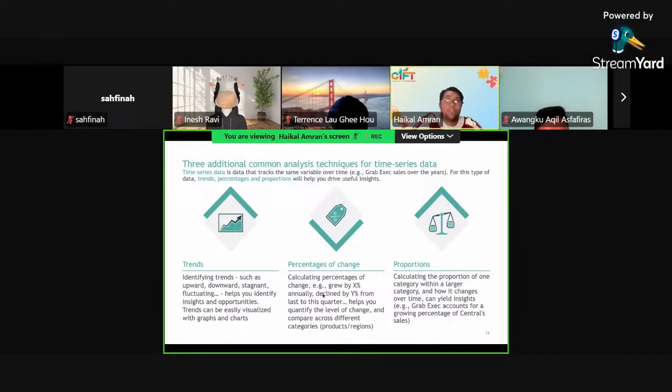So that's why it's really important for you guys to work on this individually, but at the same time within the group setting, so that you can compare your analysis. If your analysis is perhaps too shallow and you see your friend has a bit more in-depth analysis, then you need to start considering exploring what to add to your shallow analysis. Okay, by the way, that's one, trend, and then percentage of changes.